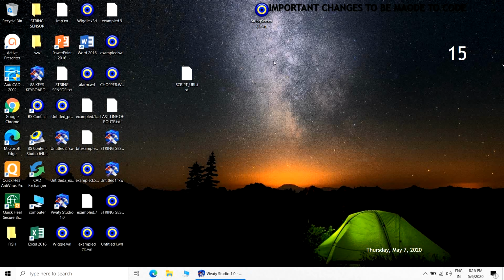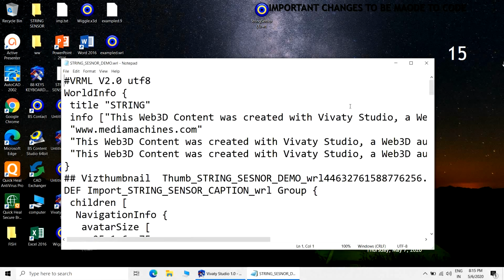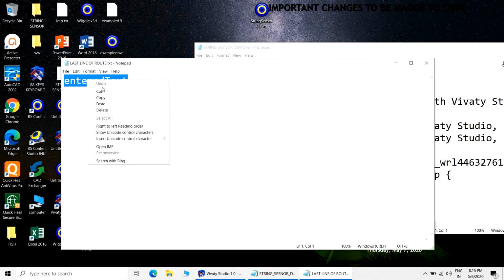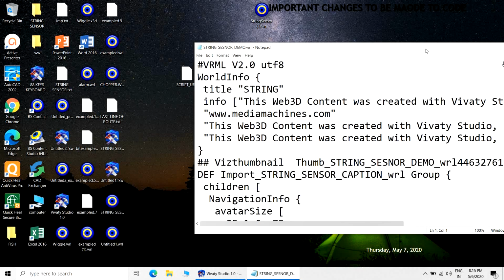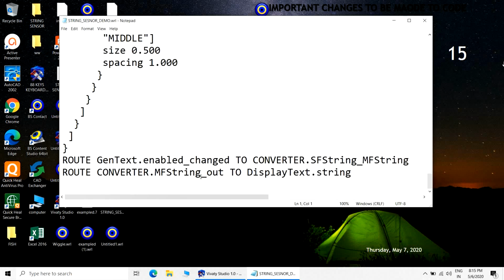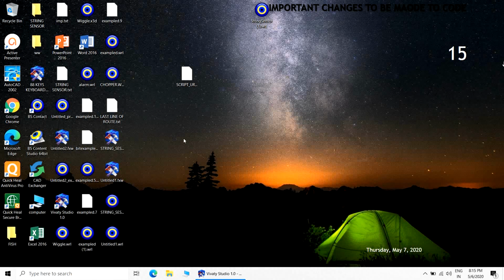Then you can again open that code and you can make the change for the root. Actually, this is the required change which needs to be made. So enable change has to be removed with enter text. You can save this.